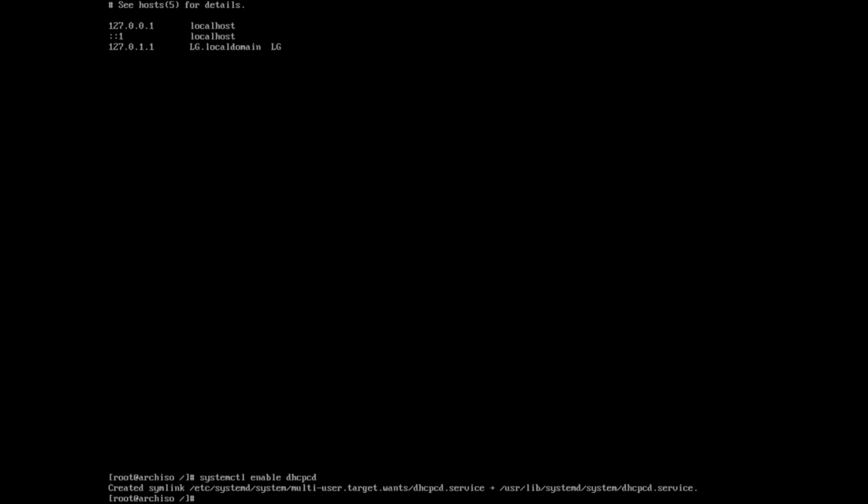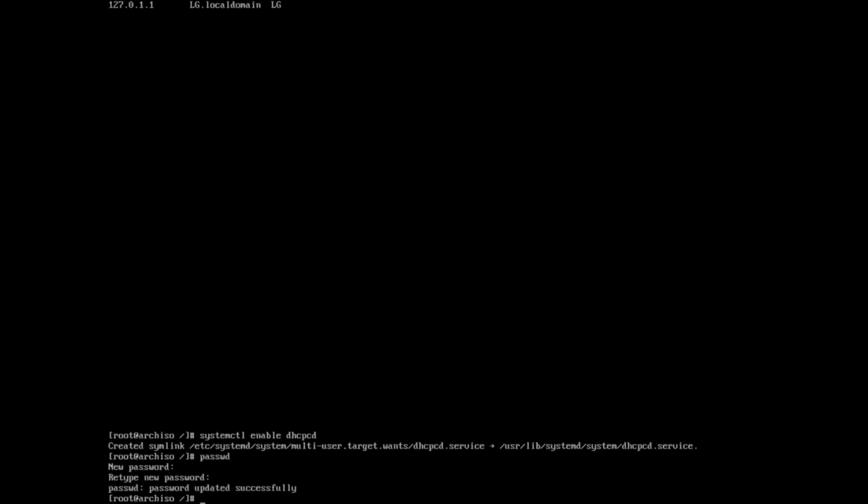Time to set the password for a root user with the command passwd and type in your password twice. Don't worry if no characters show up when you do so because it's an intentional security feature. And yes, we have reached our last step before we can remove our live USB and boot directly into the actual system legitimately. But our last step is, of course, to install a bootloader, but more specifically the Grand Unified